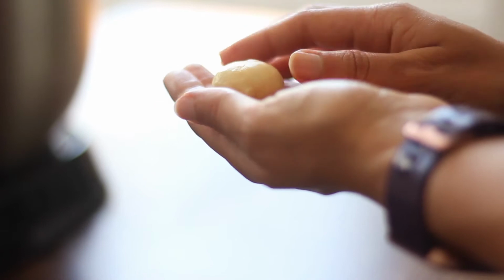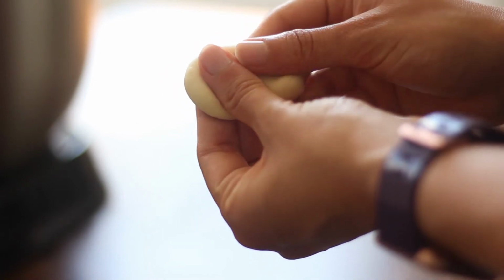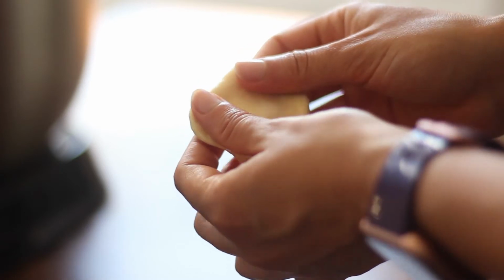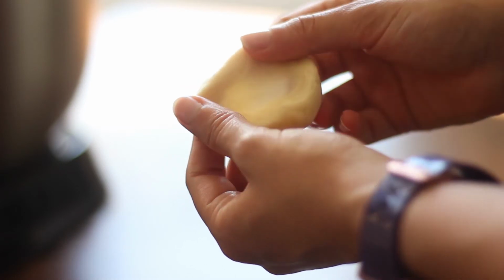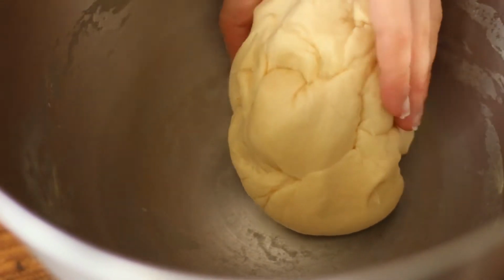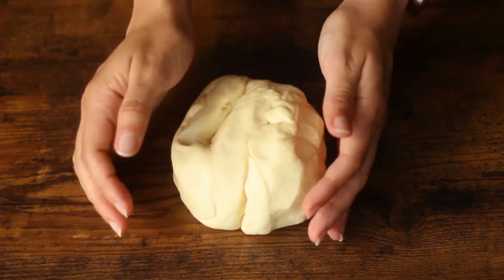All you need to do is roll it up into a small ball and then simply stretch it out very gently. And as you can see, if it's transparent here and you can see the light coming through, then that means it's ready. Now that the dough is all ready, you want to take it out of the bowl and